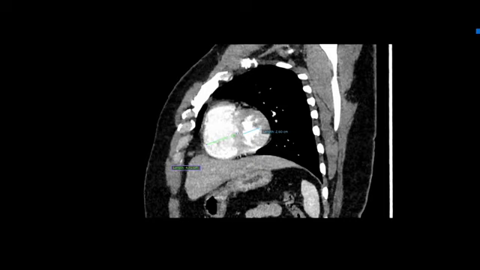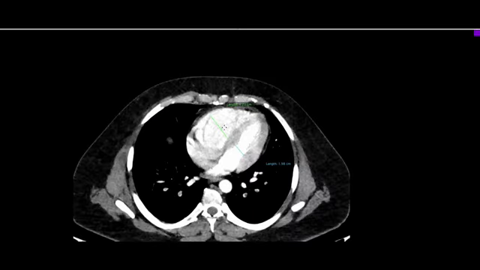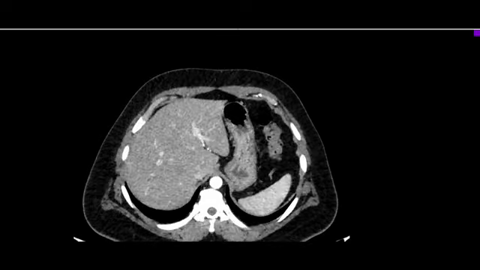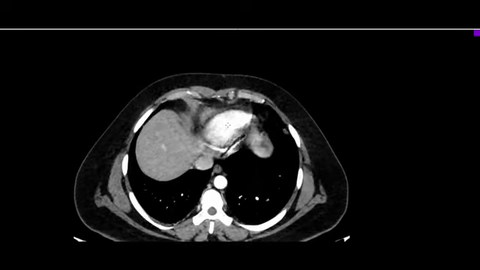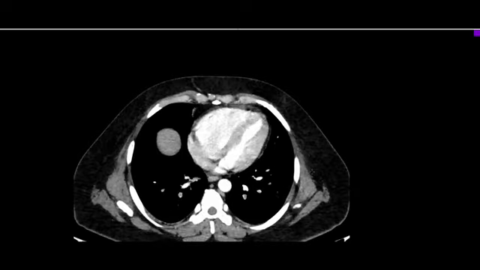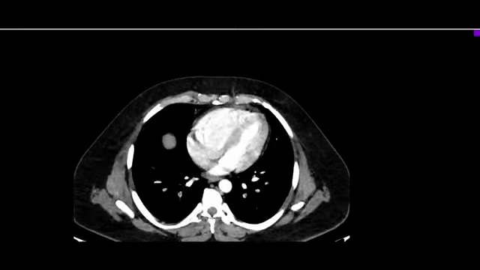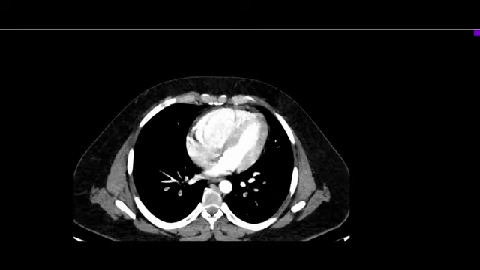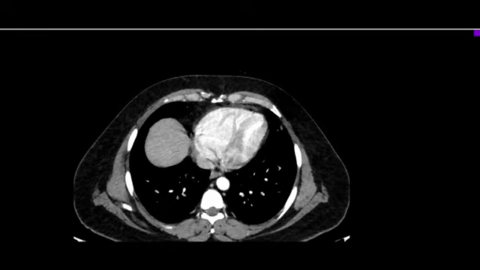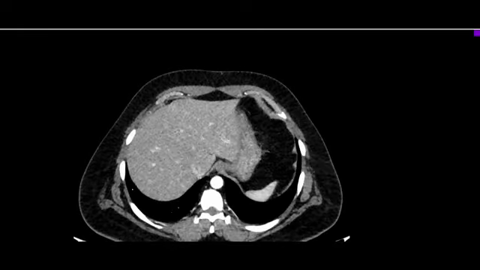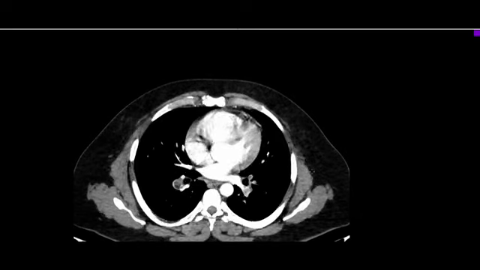Second is the interventricular septum. There will be straightening of the septum, or the septum can be deviated towards the left side. So we say there is RV strain. And third finding, if you see reflux of contrast into the IVC and the hepatic veins. So these are the three signs of RV strain: dilated right ventricle, deviated interventricular septum towards the left side or even straightening of the septum, and thirdly the reflux of contrast into the IVC and the hepatic veins. So we are done with the cardiac signs.